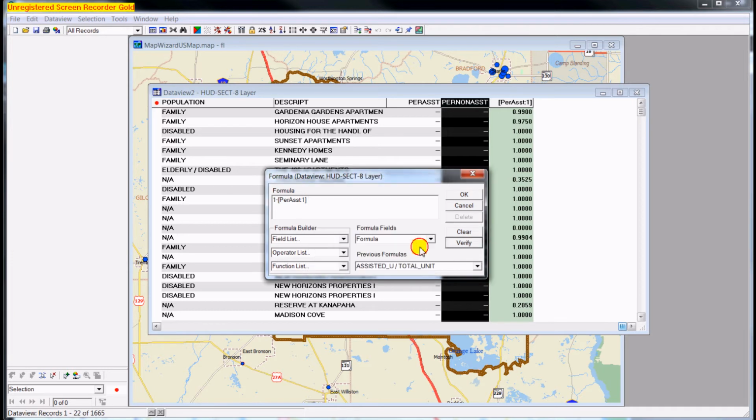And I'm going to now give a name to that new data field. And there we have 2 new data fields.